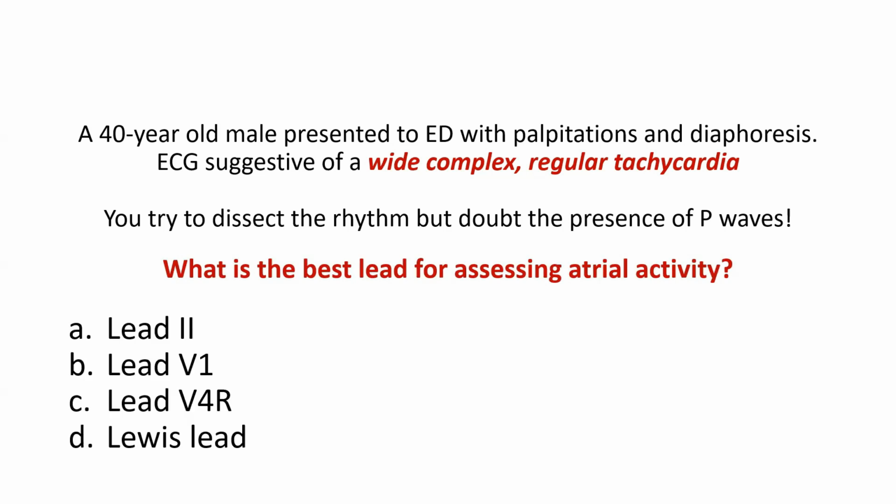Is it lead 2? Well, predominantly the atrial depolarization is in the direction of lead 2, and hence it is one of the common leads which is used for rhythm analysis on a 12-lead ECG. Is it lead V1? V1 is the lead which is placed on the right side of the chest and very closely looks at the right ventricular activity. So if you talk about a typical 12-lead ECG arrangement, V1 is the lead which really tells you best about the atrial activity. What about lead V4R?